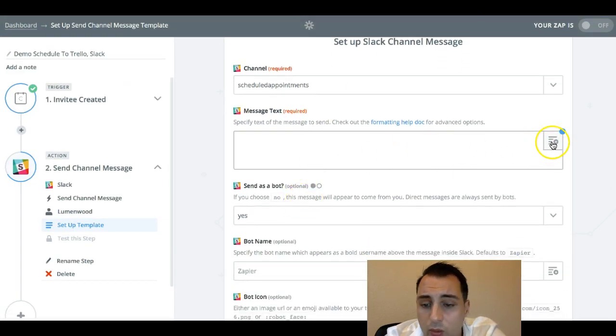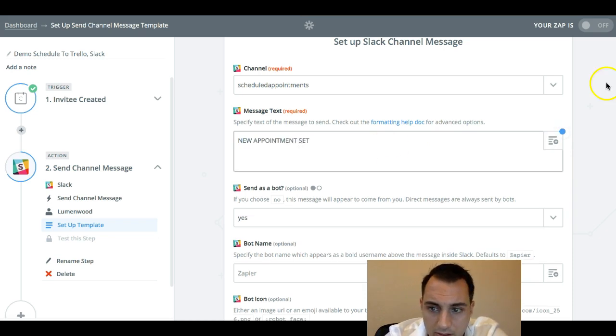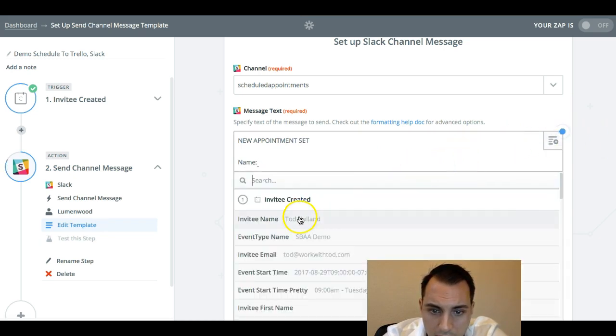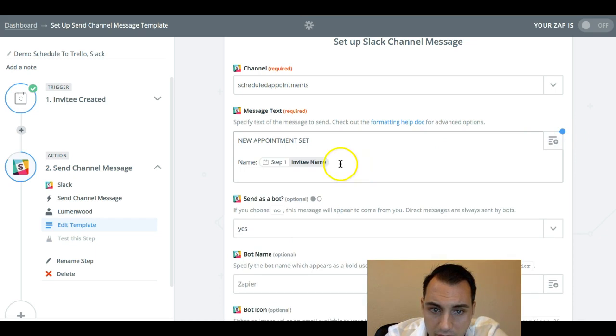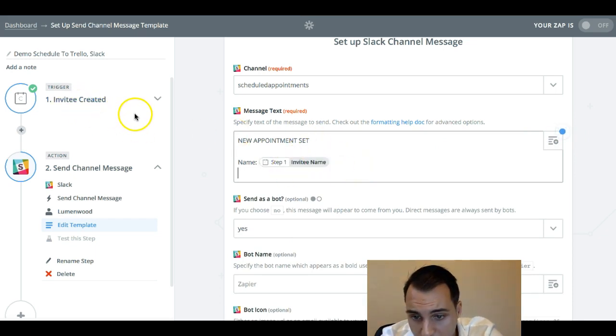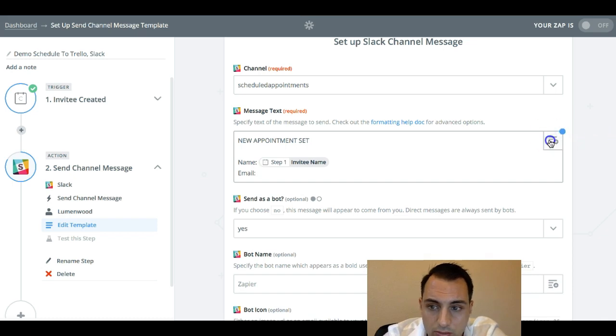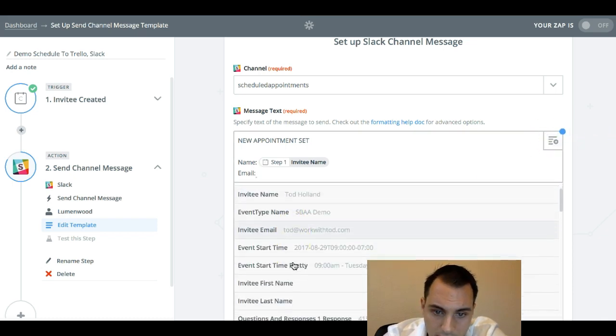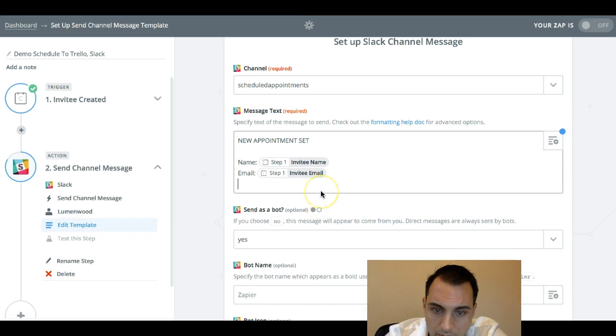Message text. This is where it gets really important. So I'm going to go through this really slowly. Okay. So I always type in new appointment set. Okay, so I say name, click on this right here, drop down to invitee's name. Okay, this automatically takes this data and shoots it over to Slack for you. Really cool. Email, phone,